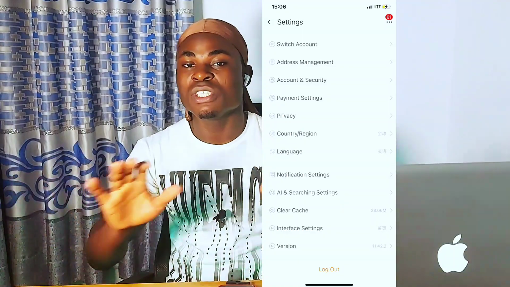1688 just released their latest version of the application, and this one is in English. You don't need any other software to translate it. Gone are those days when people used to struggle and battle with translating the 1688 application. In fact, if you have been doing importation for a long time now, you will discover that translating 1688 has